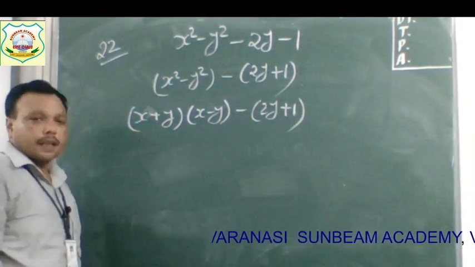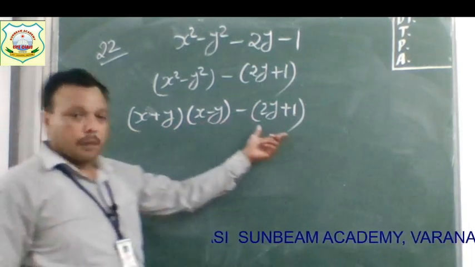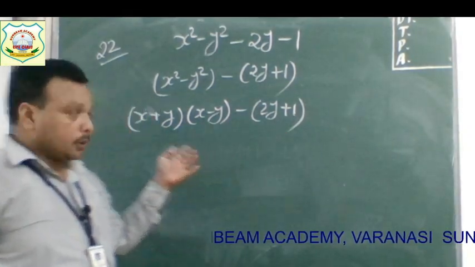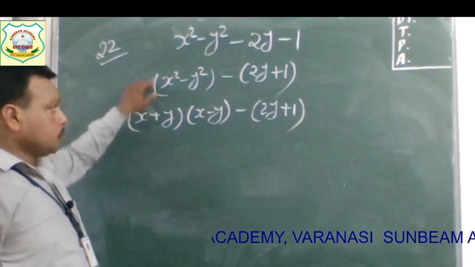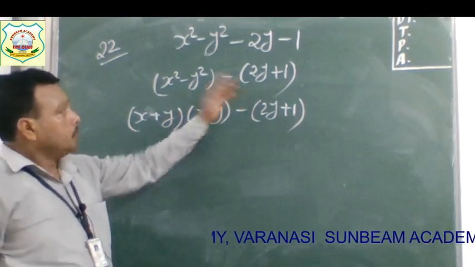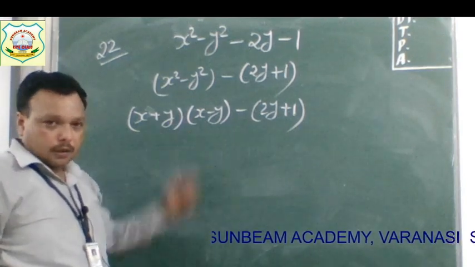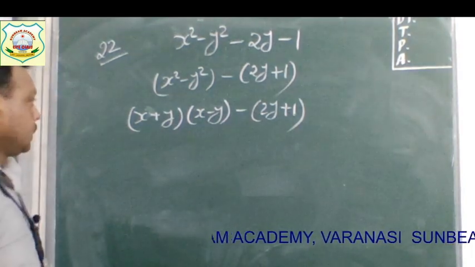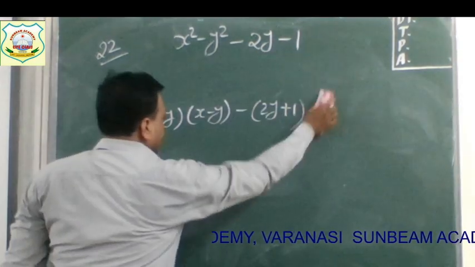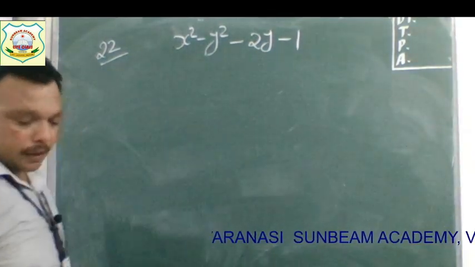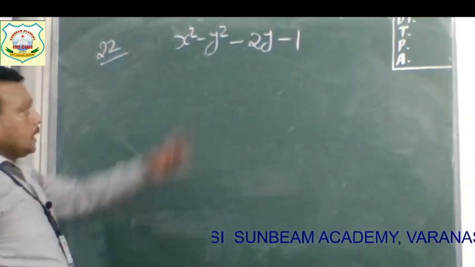Students, now after that we cannot take anything common here, nor can we solve it. So now we can use grouping of this one, and now we can use identities. So what can we do, students? Till here, whatever we have done, it is not yet clear for this question.